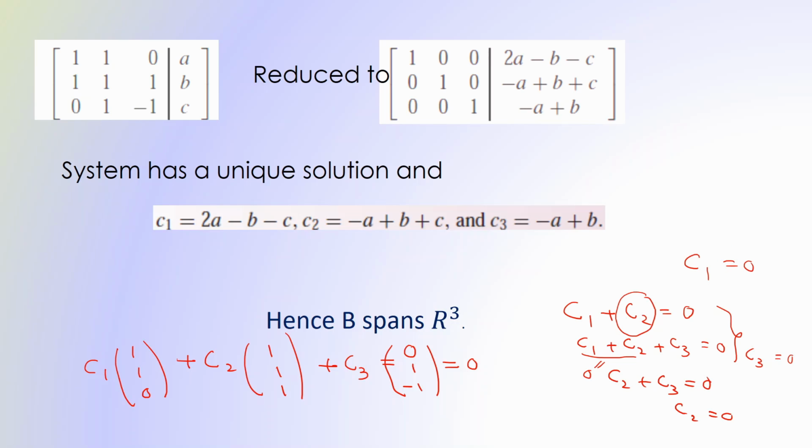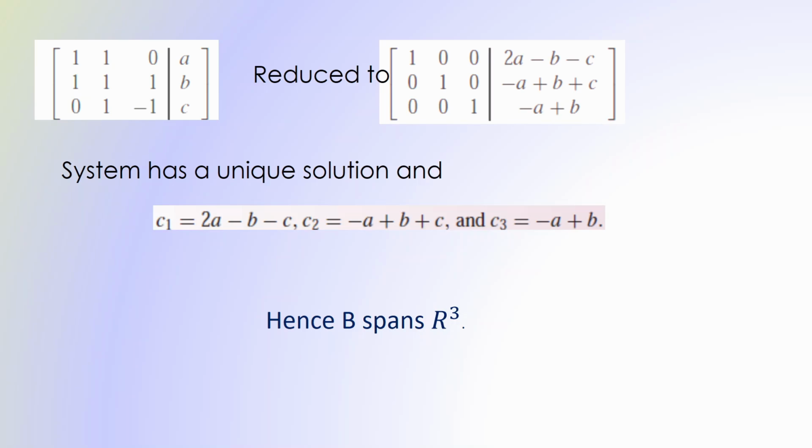So either you can use this simple calculation because the set of equations is very simple, or you can go to solving the system of linear equations. You can prove that all C1, C2, C3 are equal to 0. Or one can say that this is a homogeneous equation. If the determinant of the coefficient matrix is non-zero, then it has a unique solution. It is a trivial solution, zero solution. So therefore, all coefficients C1, C2, C3 are equal to 0. So either way, you will prove that the components in B are linearly independent. So therefore, B spans R3 and the components in B are linearly independent. So therefore, you can claim B forms a basis for R3. B is a basis